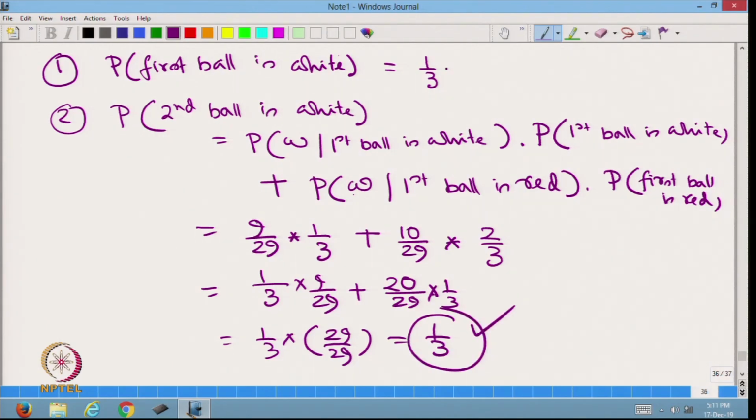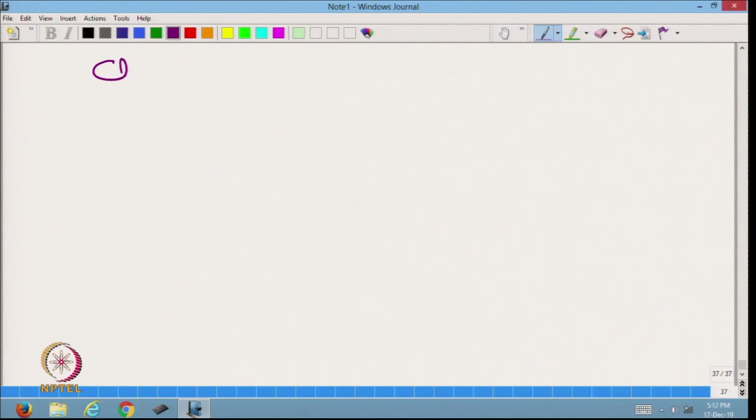This is same as the probability that the first ball drawn is white. Check that